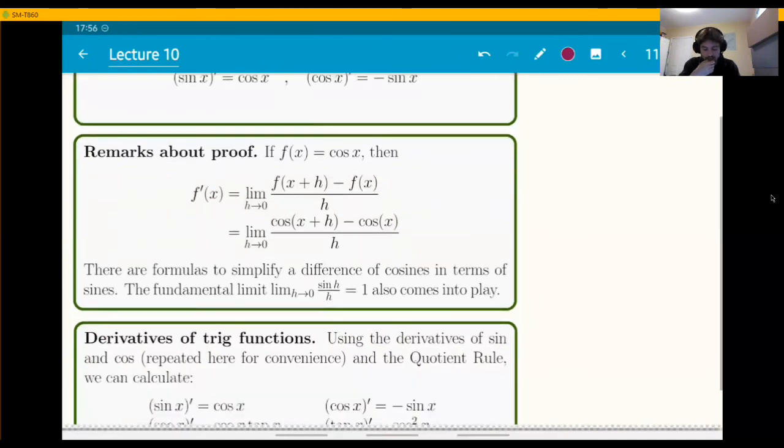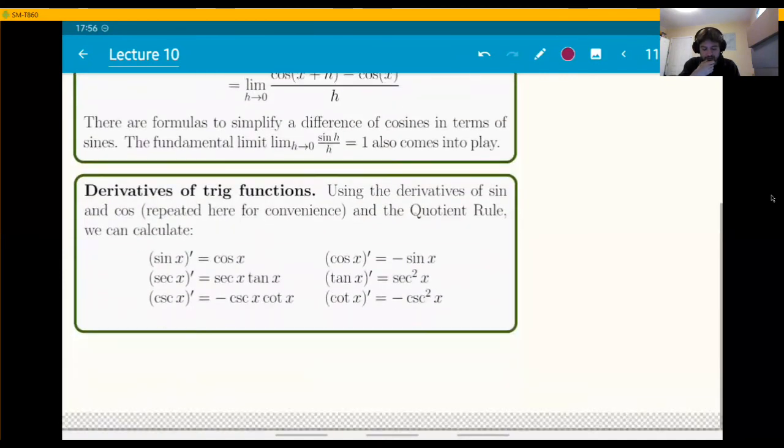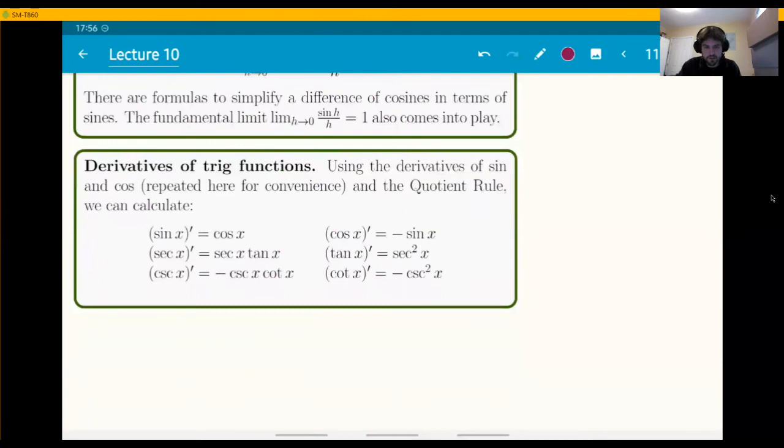And other trig functions. So I'm writing down the 6 trig functions here that we should all know. Using the derivatives of sine and cosine, which are repeated here for your convenience, and the quotient rule, we can find the derivative of all the others: secant, tangent, cosecant, and cotangent. Because